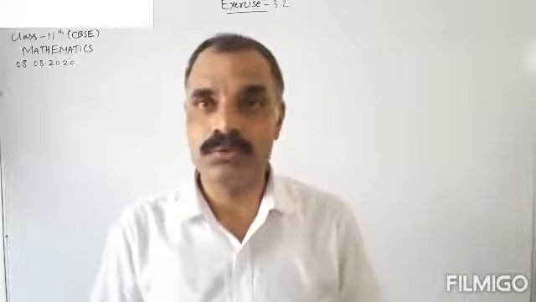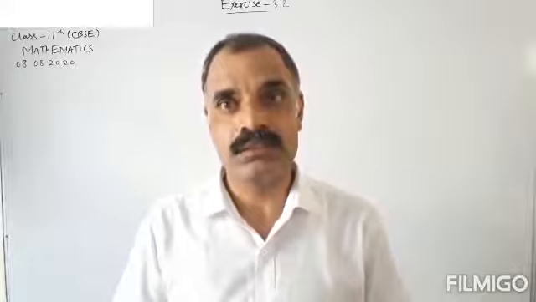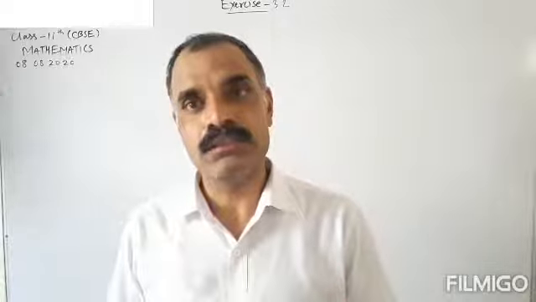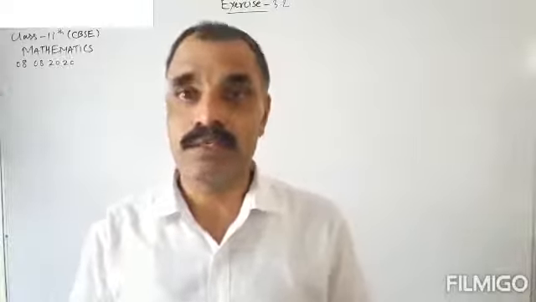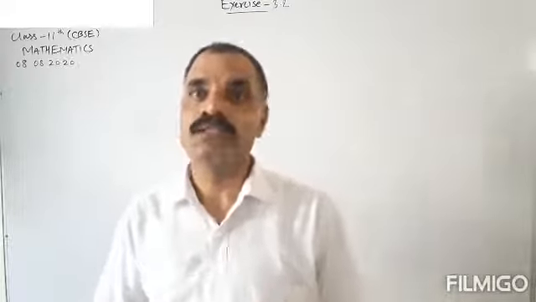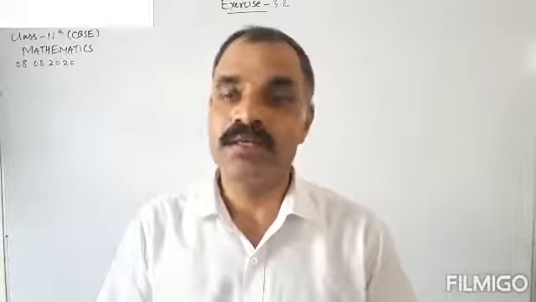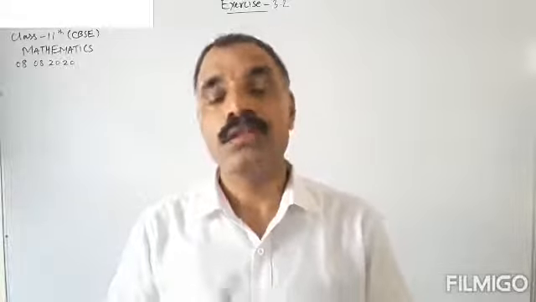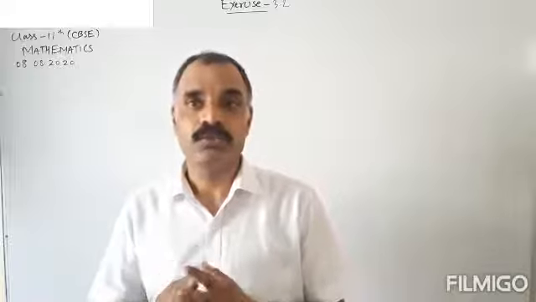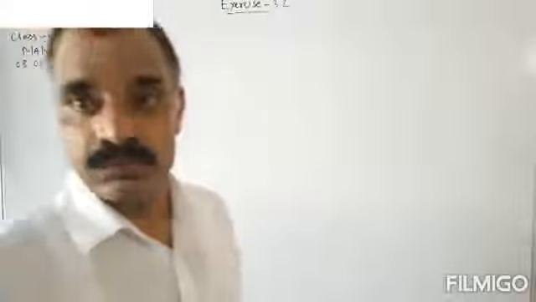that we have already used in class 10th, like sin square theta plus cos square theta equals 1, sec square theta minus 1 equals tan square theta, cosec square theta minus 1 equals cot square theta, tan theta equals sin theta upon cos theta, and sin theta multiplied by cosec theta equals 1, just like these. So we will use these trigonometric ratios and identities to solve this exercise. Okay, so let us take the questions.